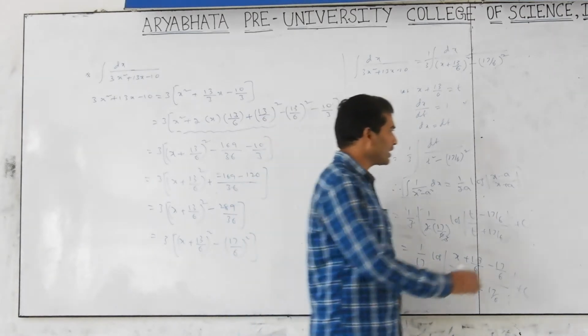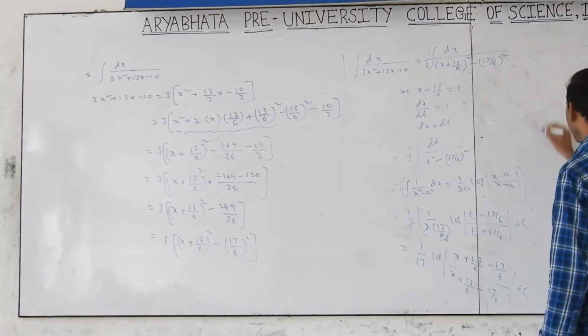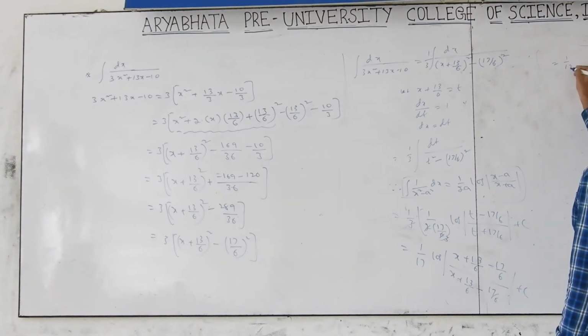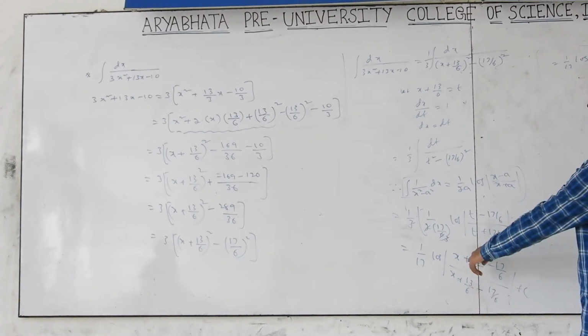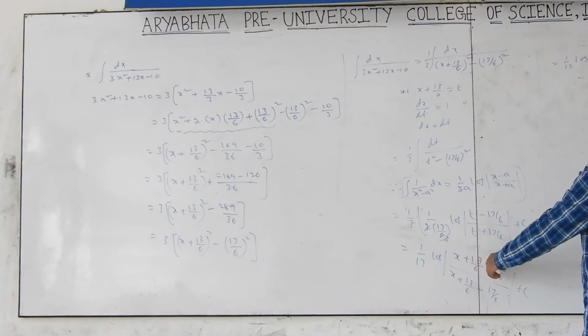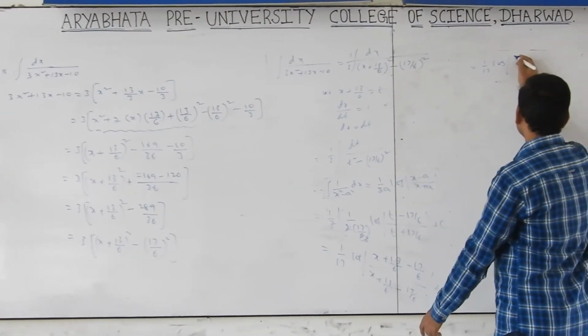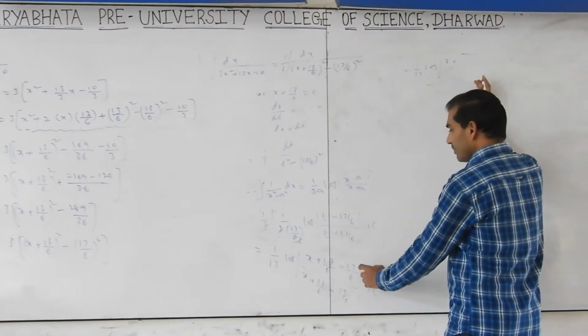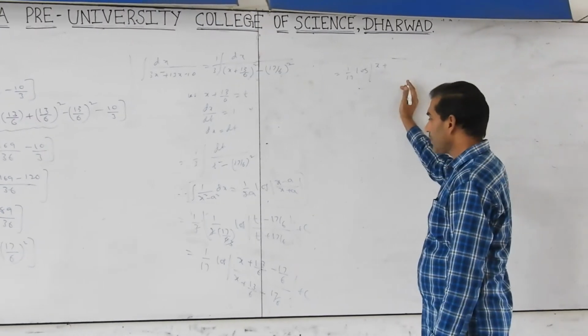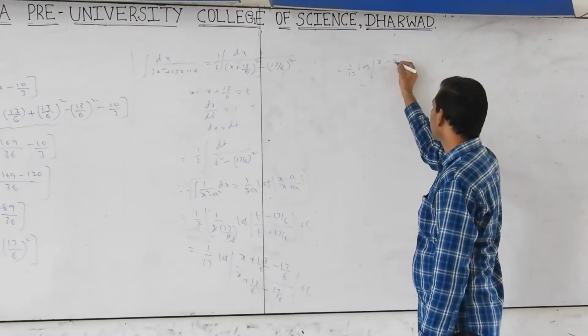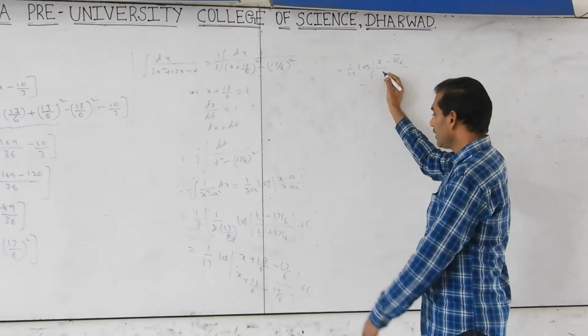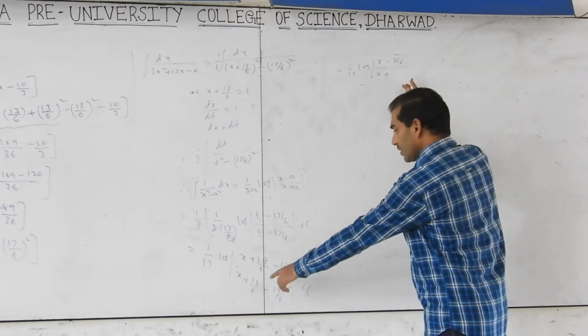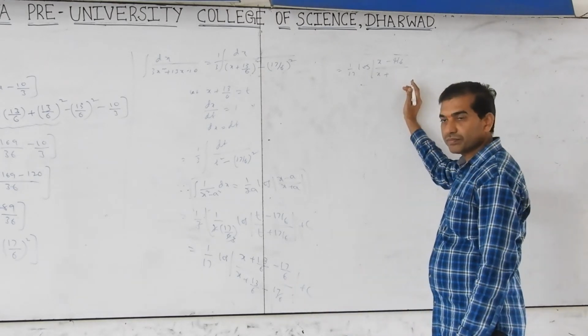Then we get 1 by 17 log of (6x plus 13 minus 17) by 6, divided by (x plus 13 plus 17)